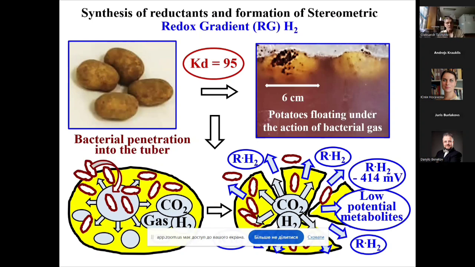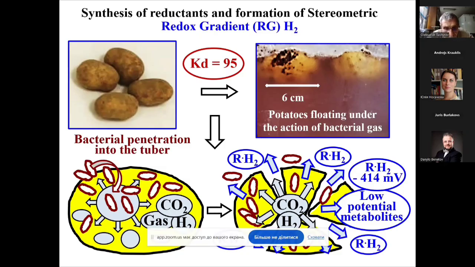On the left picture, one can see the whole bubbles of potato, and during the growth of microorganism, the cells penetrate inside of this potato, and the final results of this metabolic process are the synthesis of gases and products of hydrogen fermentation, such as the mixture of hydrogen with carbon dioxide, and simultaneously very low potential soluble